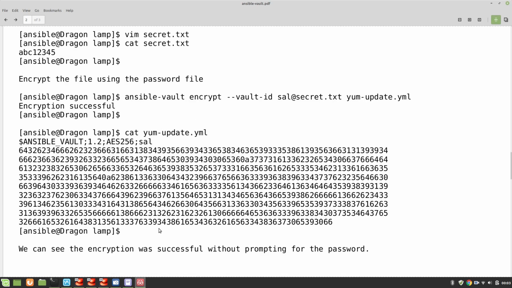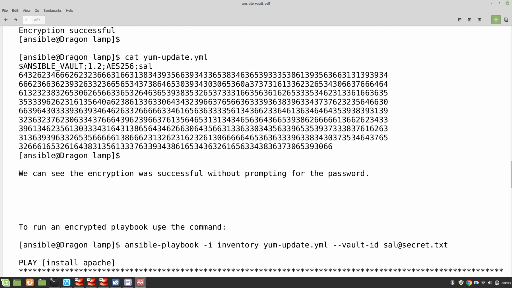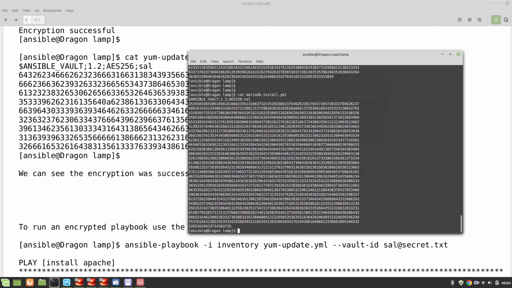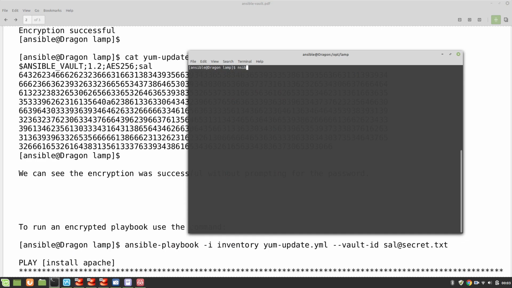And now in order to decrypt it, first thing is, we can see that the encryption was successful without prompting for the password. And to run an encrypted playbook, now if you remember, I told you that we can run the encrypted playbook. In order to do that, you need to give it a command, ansible-playbook, as you always do. Give it the inventory, where your inventory lies, then the file name. Of course, I want to run a yum update, let's say, and with the --vault-id, it's going to be sal@